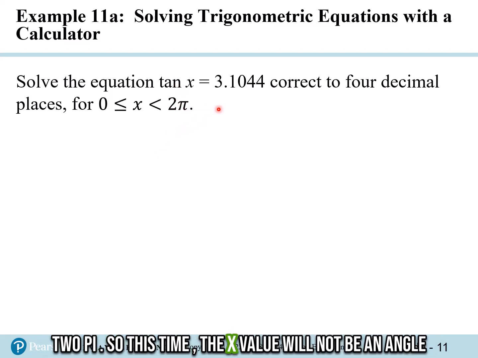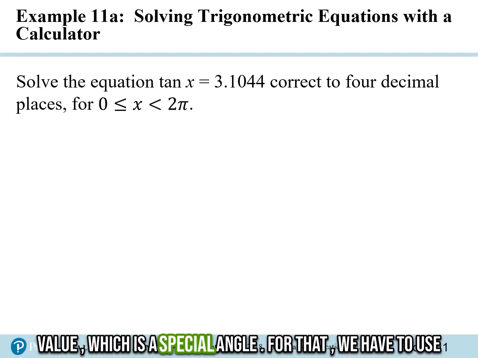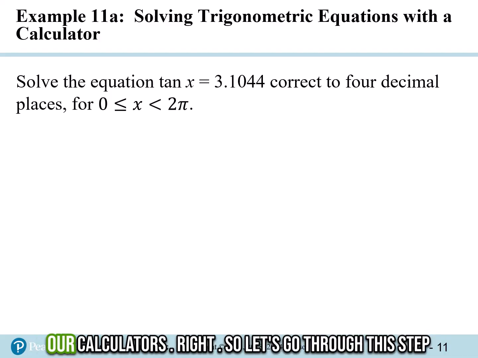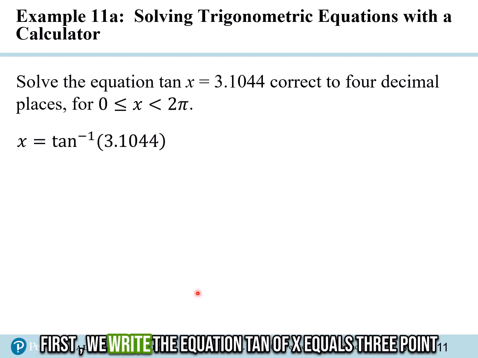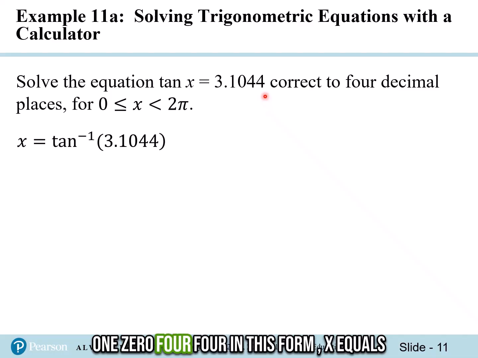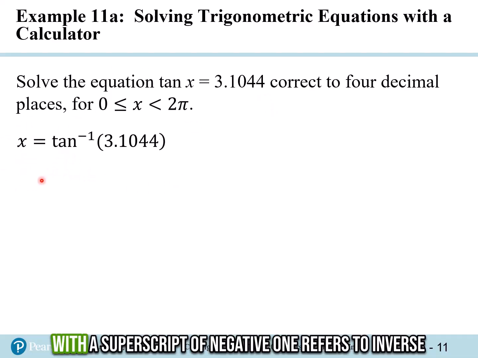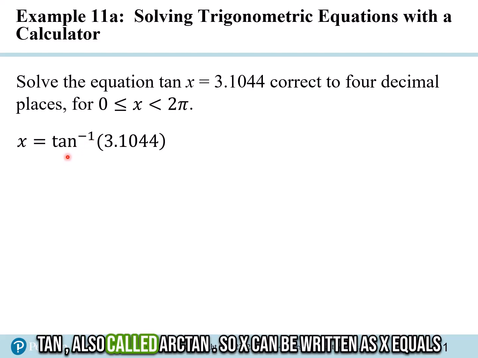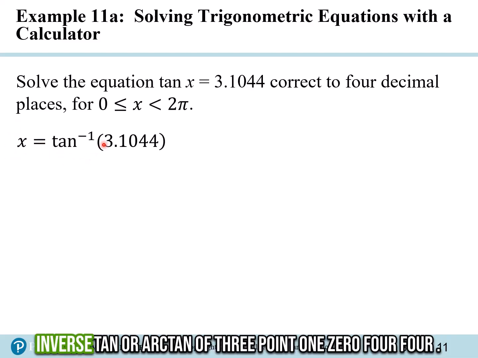So this time the x value will not be an angle value which is a special angle. For that we have to use our calculators. Right, so let's go through this step. First, we write the equation tan of x equals 3.1044 in this form: x equals arctan. Tan with a superscript of -1 refers to inverse tan, also called arctan. So x can be written as x equals inverse tan or arctan of